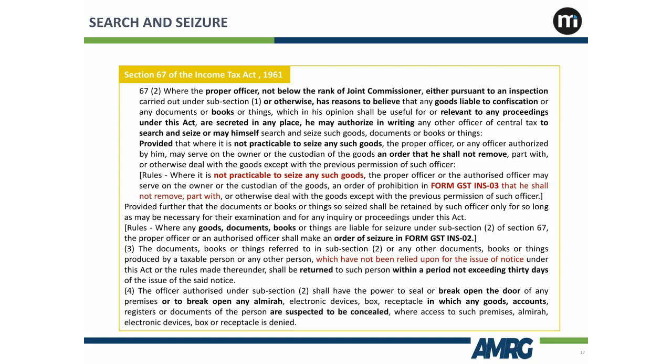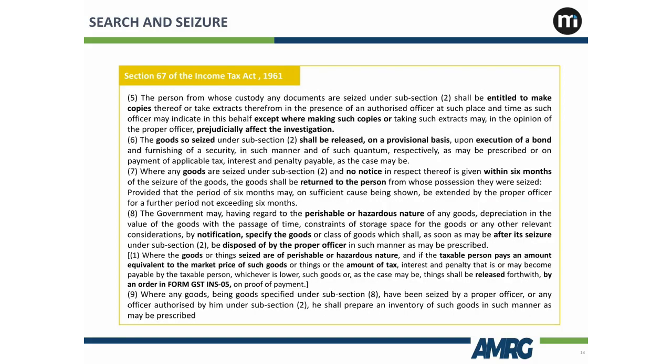अगर कोई ऐसा दरवाजा है जिसको आप खोल नहीं पा रहे हैं, जिसका ताला गुम गया है, कोई अलमीरा है, कोई इलेक्ट्रॉनिक डिवाइस है, कोई बॉक्स है, कुछ भी है, तो उसको तोड़ा जा सकता है. ऑफिसर हैज द पावर टू ब्रेक ओपन इट. आपकी कुछ किताबें हैं जो वो आप सीज करके लेके जा रहे हो ऑफिसर, तो आप उसको रिक्वेस्ट कर सकते हैं कि सर प्लीज मुझे इसकी कॉपीज दे दीजिए,